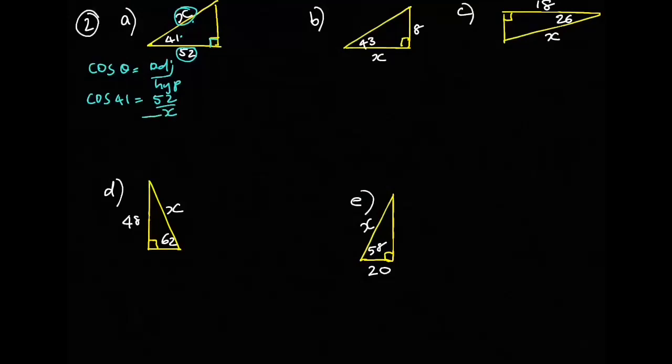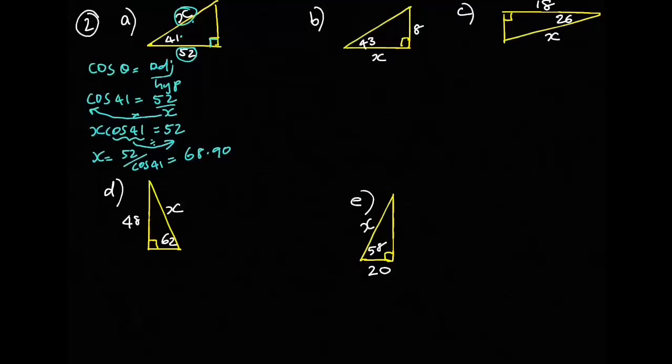So now we've got to bring the x over to multiply because it's dividing. So that will give us x cos 41 equals 52. And then to get x on its own, we bring the cos 41 over to divide. So x equals 52 on cos 41, and that gives us a value of x equals 68.90, correct to 2